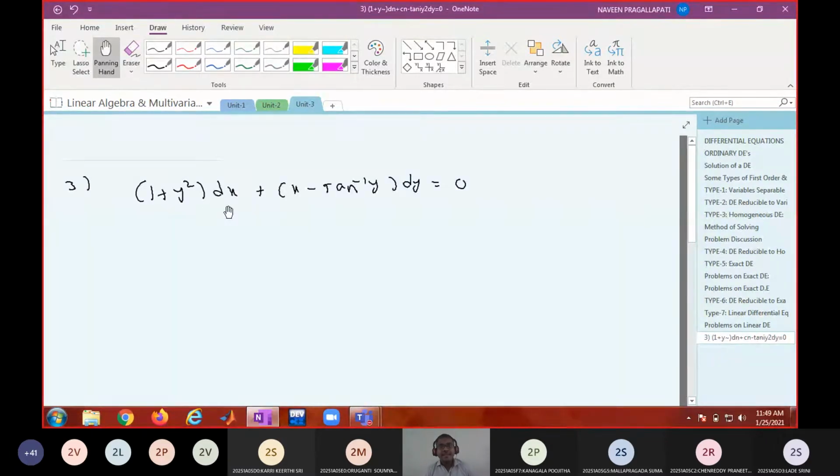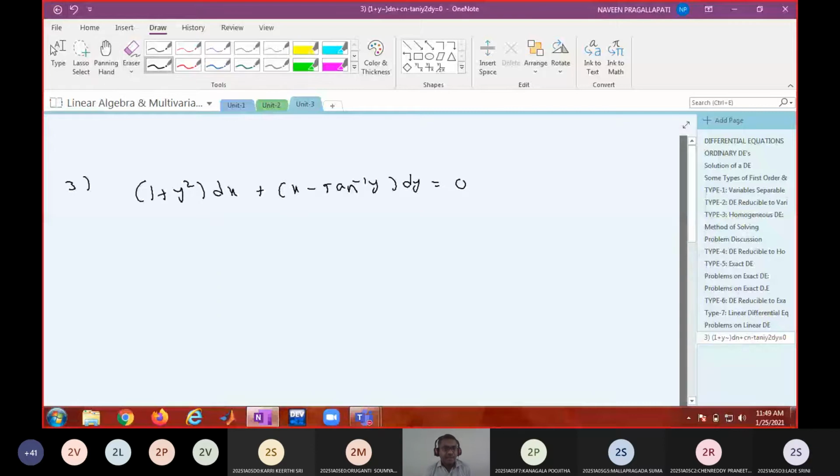Can it be linear in x? We may not say immediately, but it may be. Why? Because what is x degree? 1. So it may not be possible to write it as linear differential equation in y, but it may be possible to write it as linear differential equation in x. We don't know. We just have to try. Okay. So instead of writing the expression for dy by dx, we'll try to write for dx by dy.